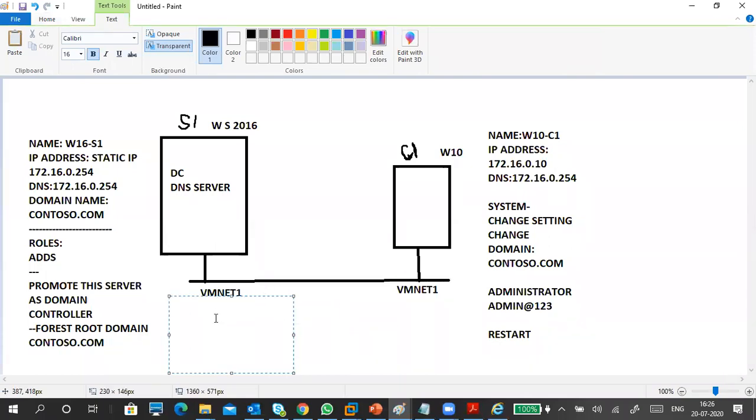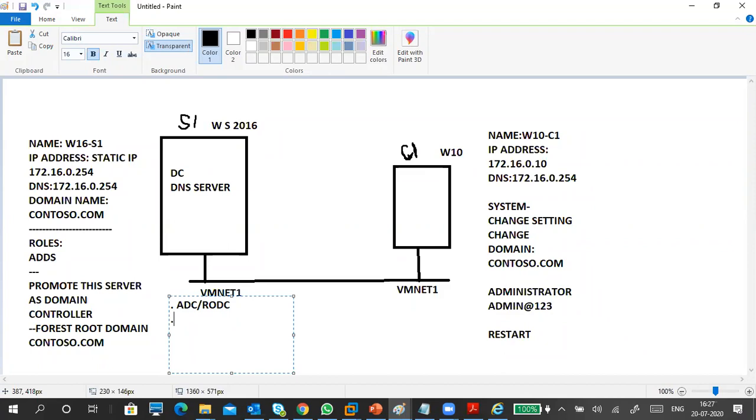In this wizard, three options are there. The first option is to create an additional domain controller or RODC. The second one is, if a forest is already there, meaning a domain is already there, then you want to create an additional domain controller. Already a domain controller is there, you want to create an additional domain controller or read-only domain controller, first option.